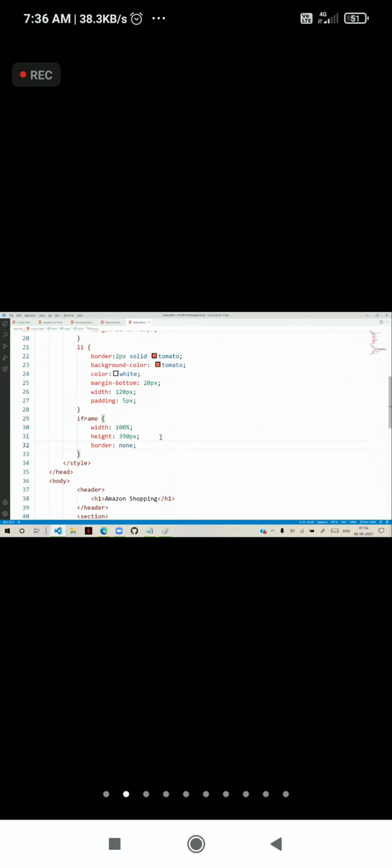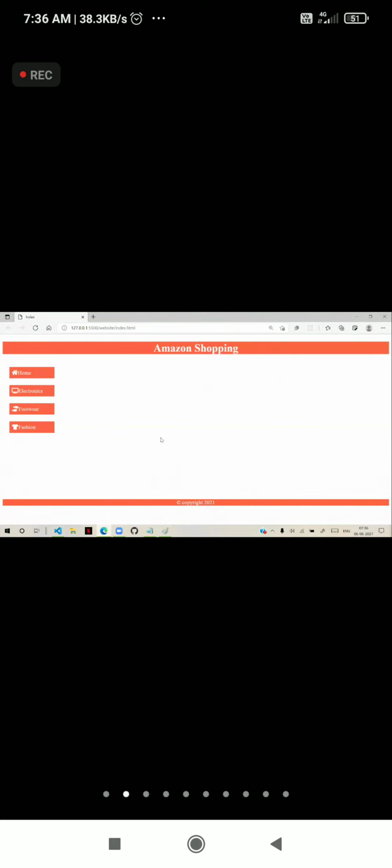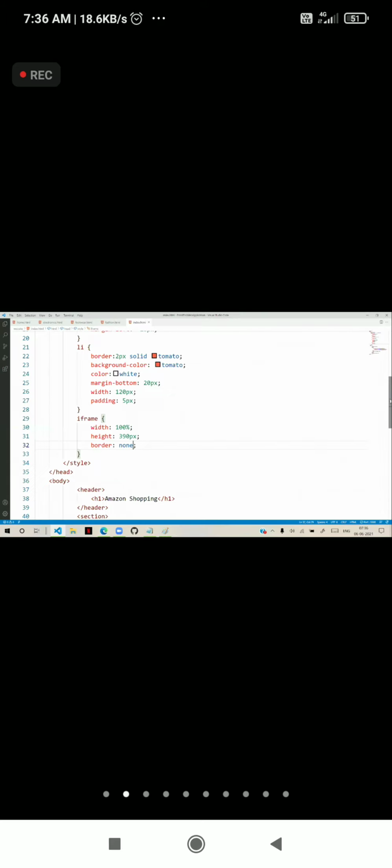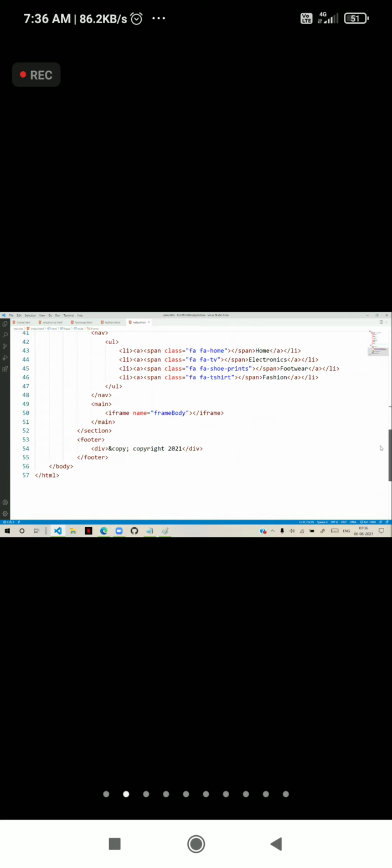Then you can see there is no iframe, but actually the iframe is there; it is just not showing any border. An iframe has the ability to display any page, so any file content directly inside your page. By using an iframe with src, the iframe source I am giving is the file home.html. By default, whatever content is present in this home.html will be displayed inside that iframe.